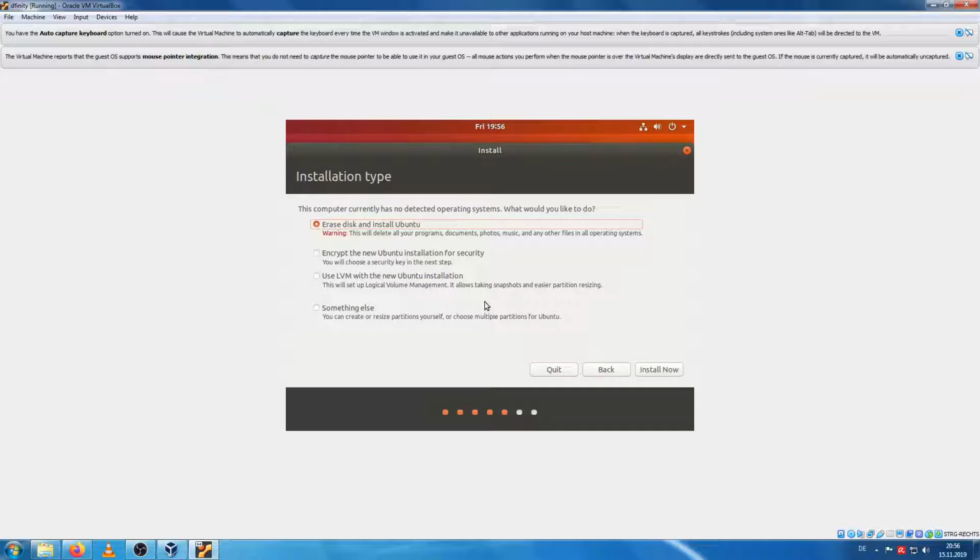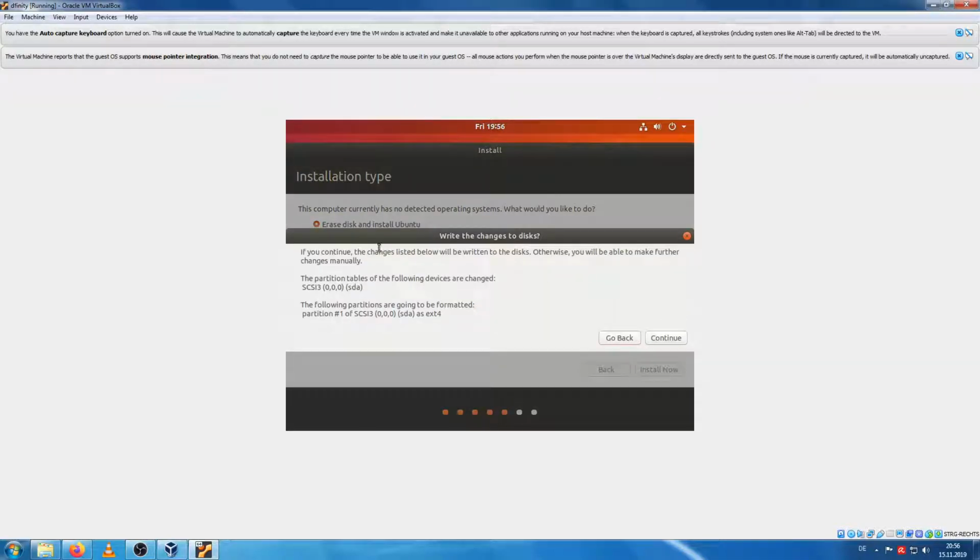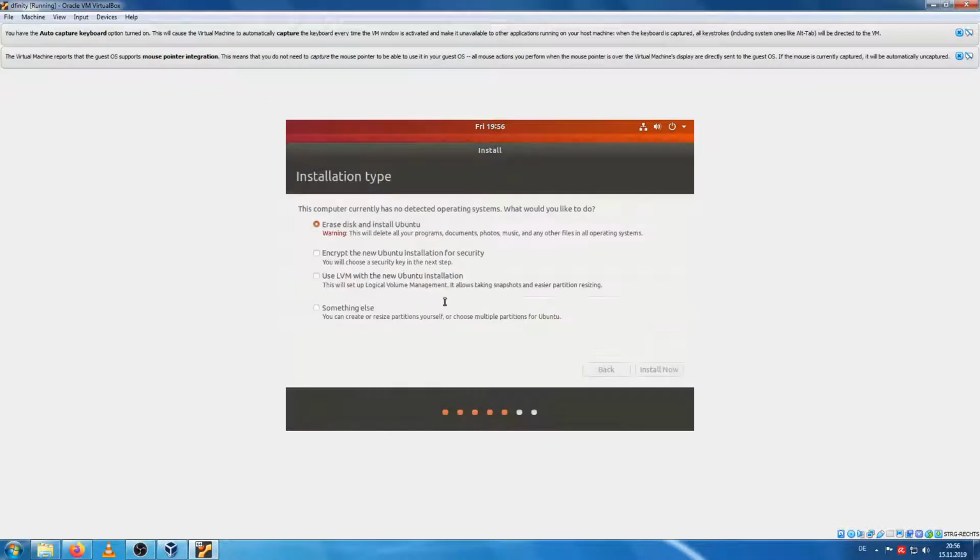Now it asks you if you want to erase the disk and install Ubuntu. You don't have to be afraid, because this is not actually erasing the disk of your host system. It is going to erase the virtual disk, the 10 gigabyte partition we just created before. So that's okay. And I press install now. And it says that the changes will be written to disk, and that's okay. I just continue,